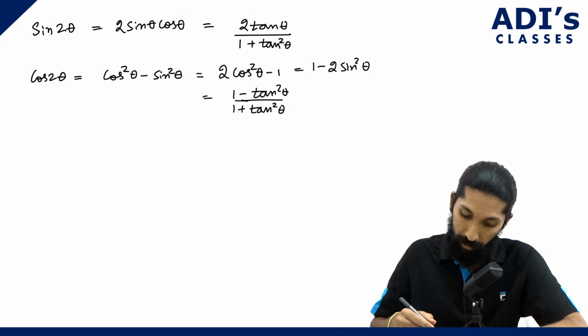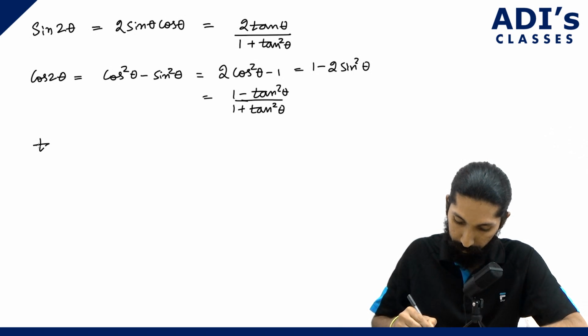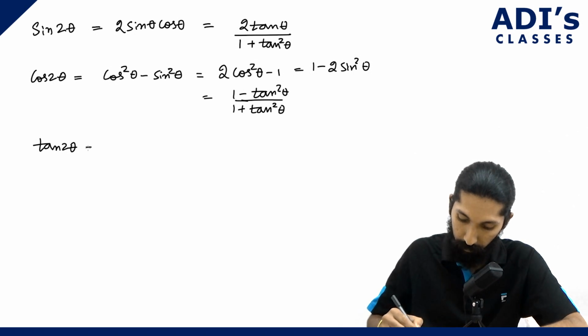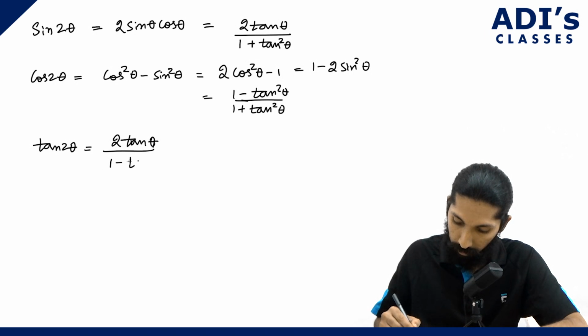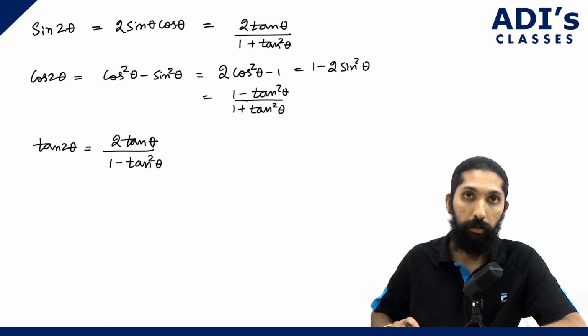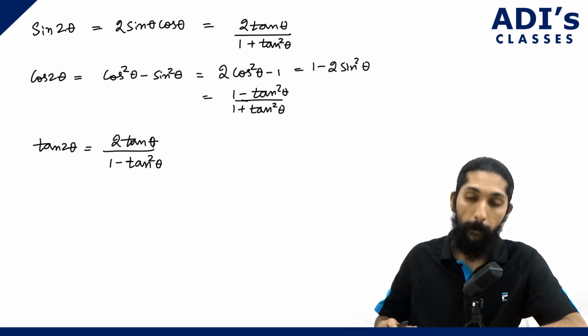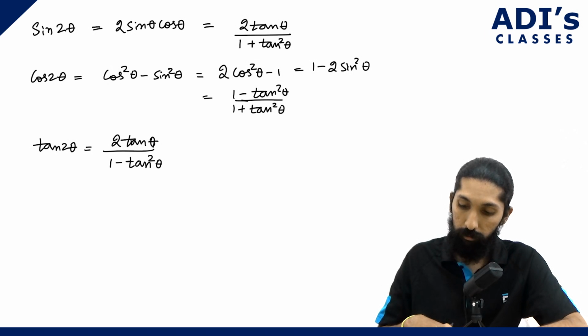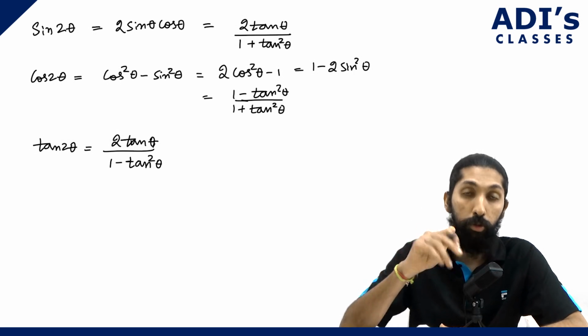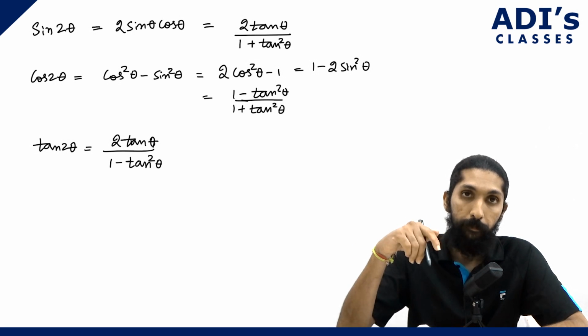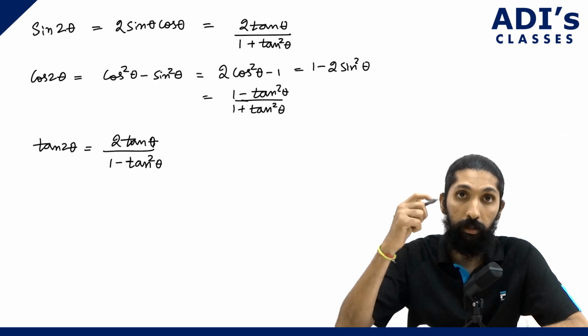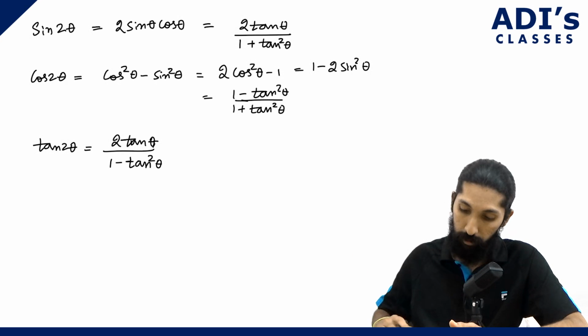Then you have tan 2 theta. 2 tan theta divided by 1 minus tan square theta, correct? 2 tan theta by 1 minus tan square theta. Now these are the identities for 2 theta, that is the angle. What if we have 3 theta? So that means what if you have something like